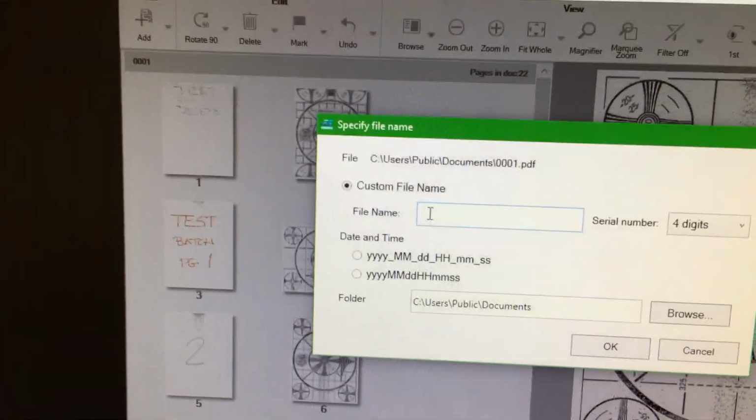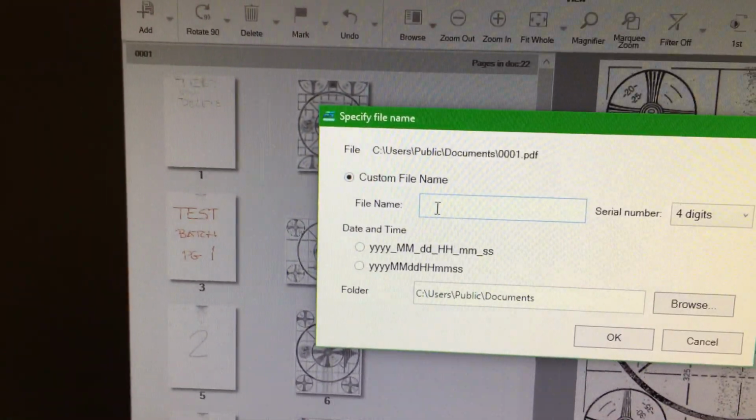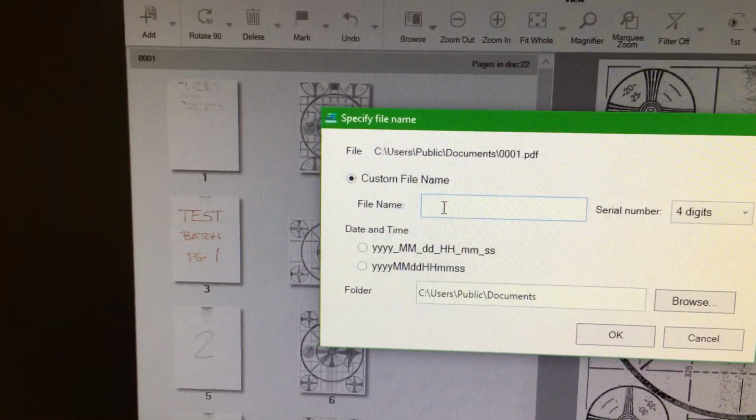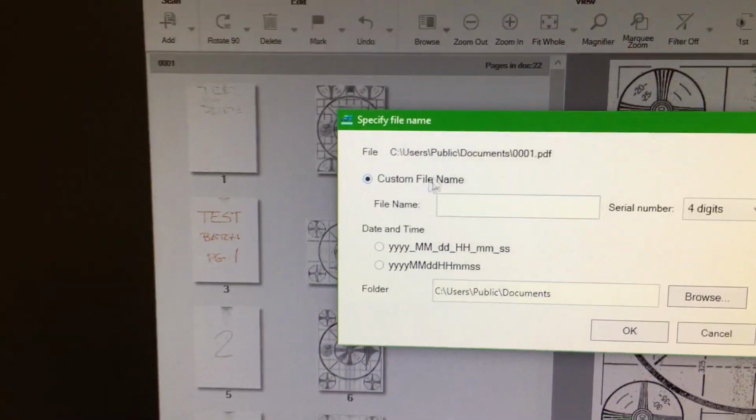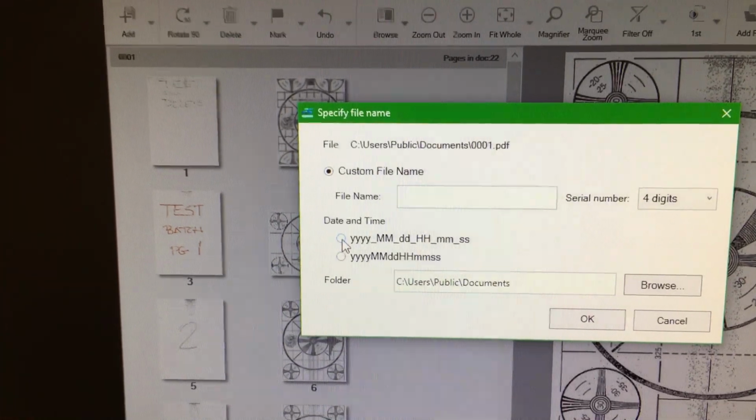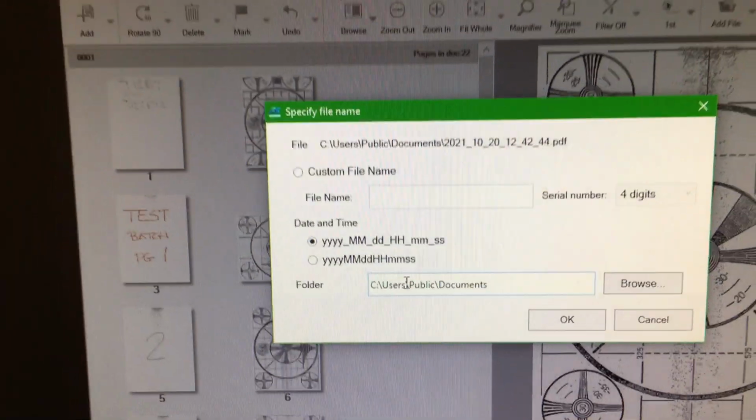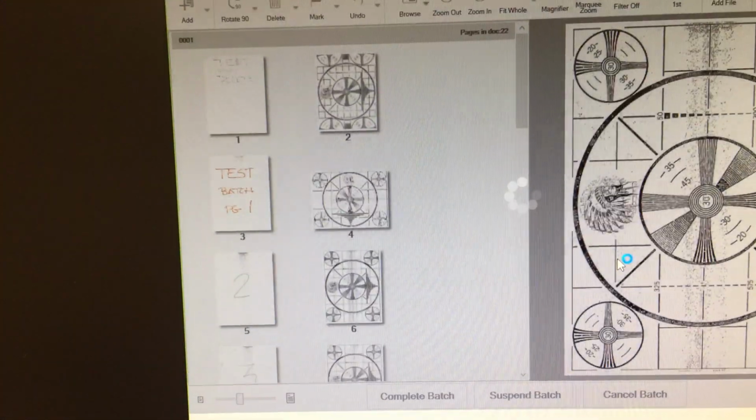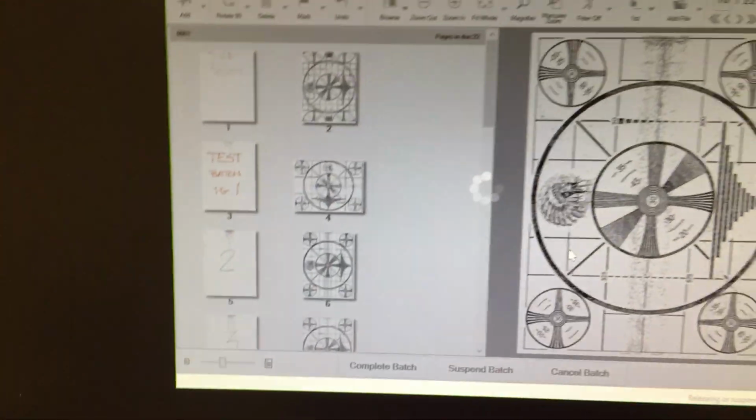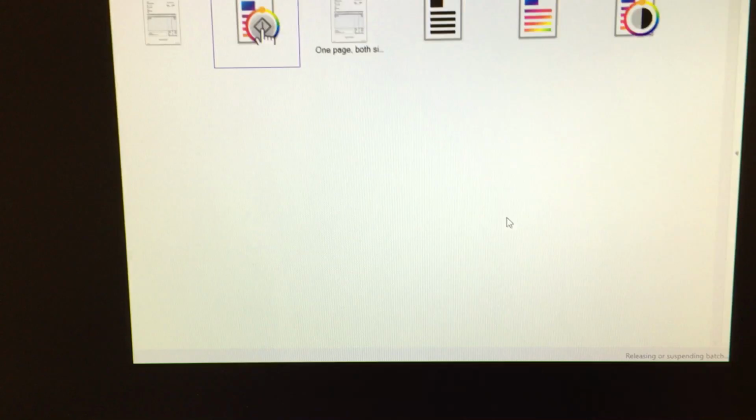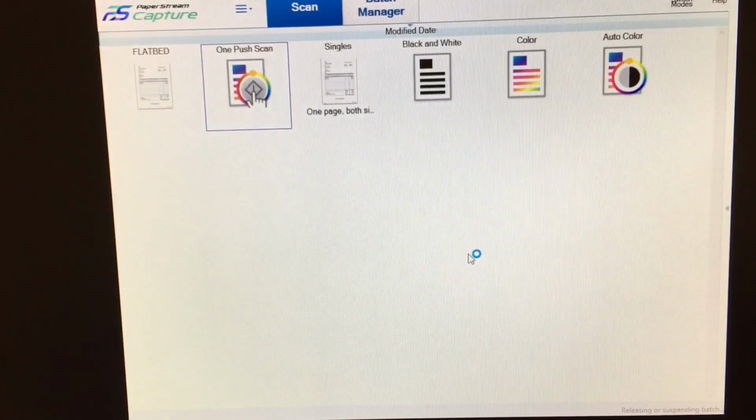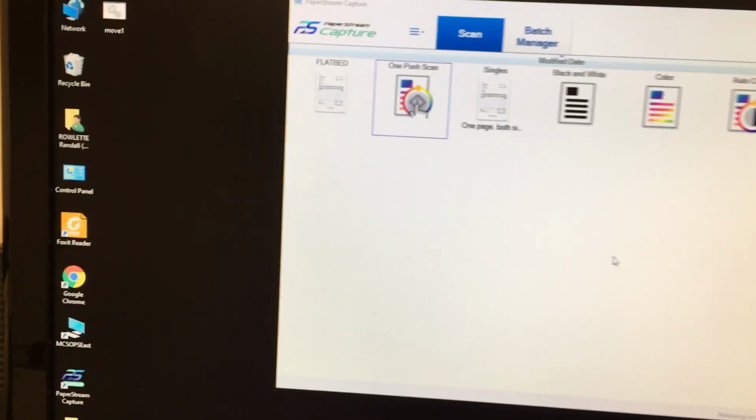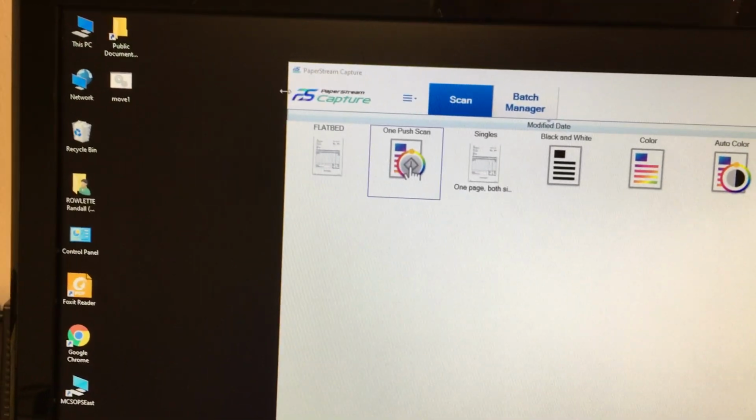And then if you scan another batch with the same name, it's going to overwrite it. So, be careful of that. I'm just going to take the date, which is unique. It always will be. And then that's done. So what that did is